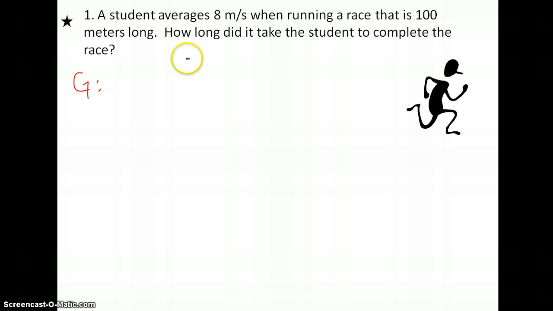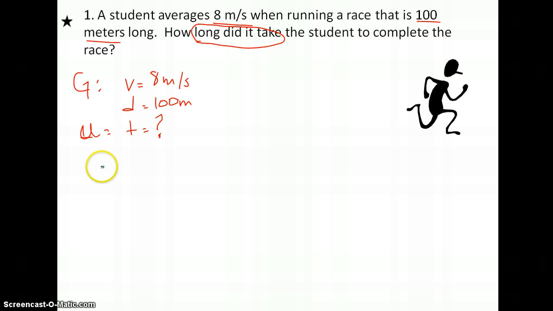They're telling us that he's averaging 8 meters per second. So what is meters per second? That's our velocity, or speed, because there's no direction with that one, as we learned in the song. 100 meters is referring to, that's right, distance. 100 meters. What's the question asking us for? How long did it take? Well, what's that mean? That is our unknown, so that is